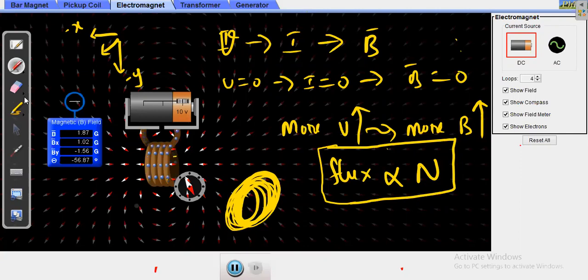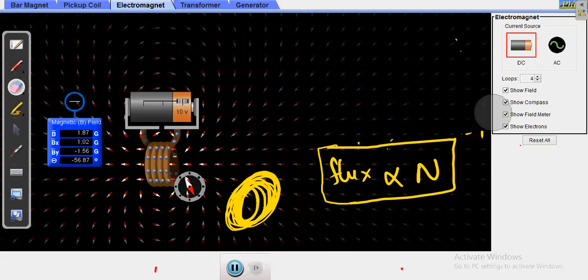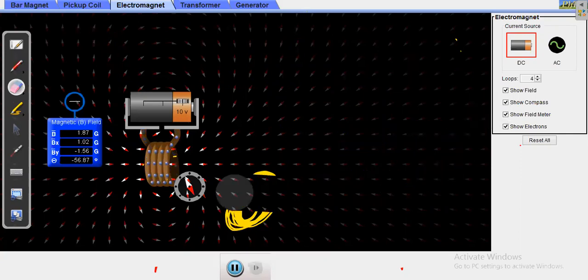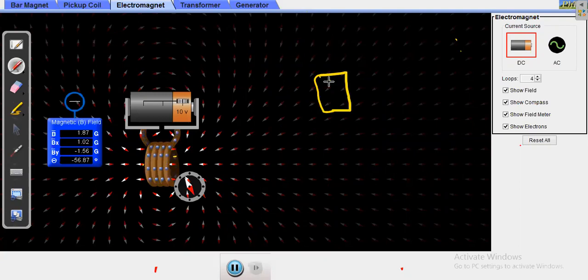Next, I will tell you one more property of magnets. Please do this experiment and capture the video if possible. Post it in our group. I have been telling this for a long time, but nobody is doing it. At least try to do this. Take a small piece of magnet with north and south pole. Again, you can measure with the help of your mobile phone what the field strength is. Near the magnet, you keep your cell phone and measure the magnetic field.